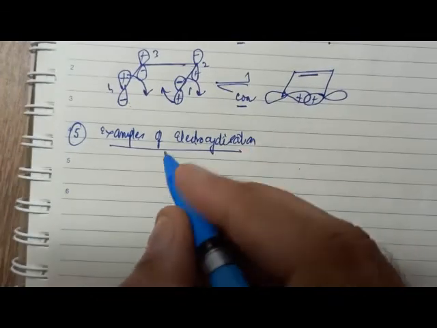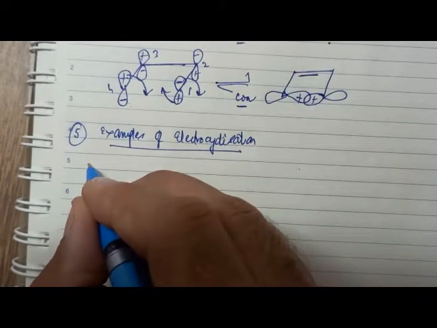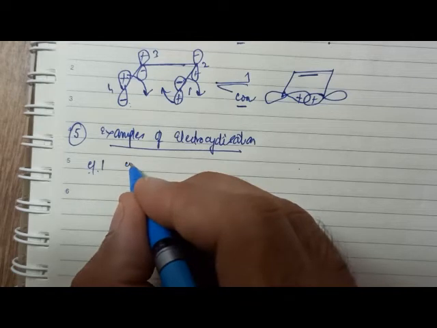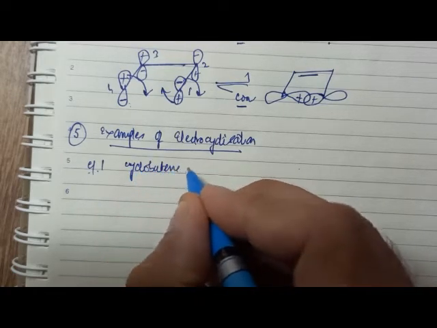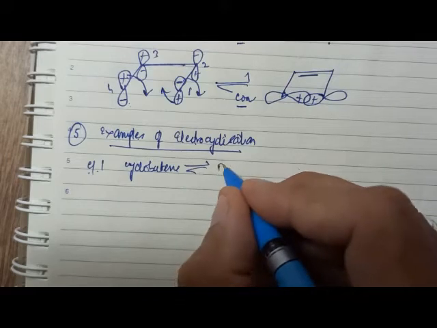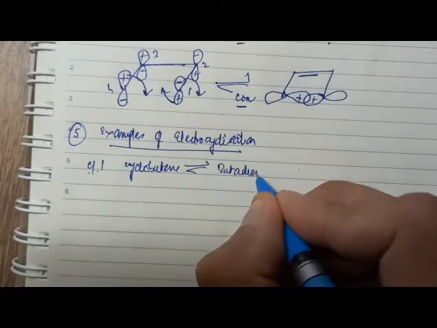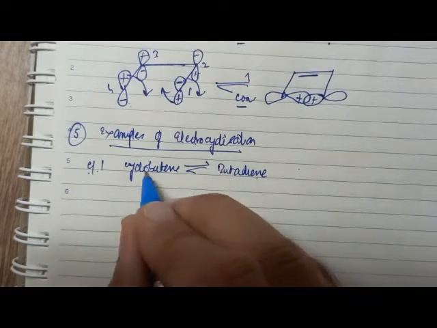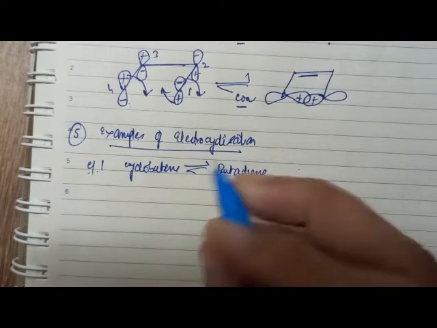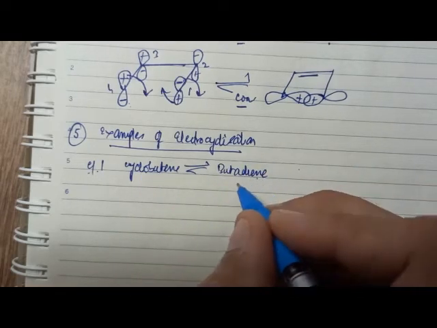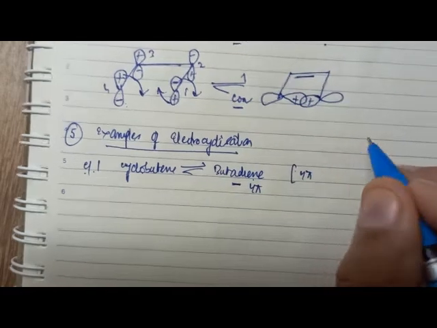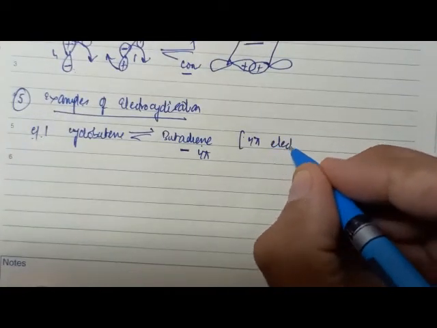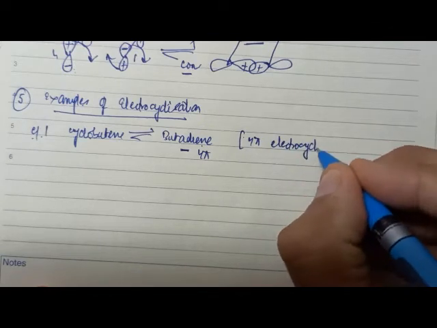Now let's go back to electrocyclization. Let's take a simple example of cyclobutene and butadiene. You know that these are interconvertible. Butadiene can be written as a reactant, or cyclobutene can be written as a reactant, it is one and the same thing. The acyclic component butadiene has 4 pi electrons, therefore we categorize this reaction as 4 pi electrocyclization, right?